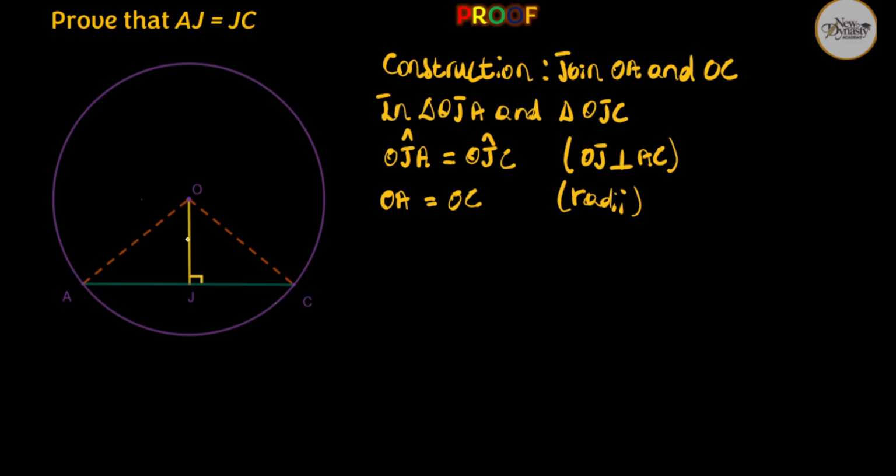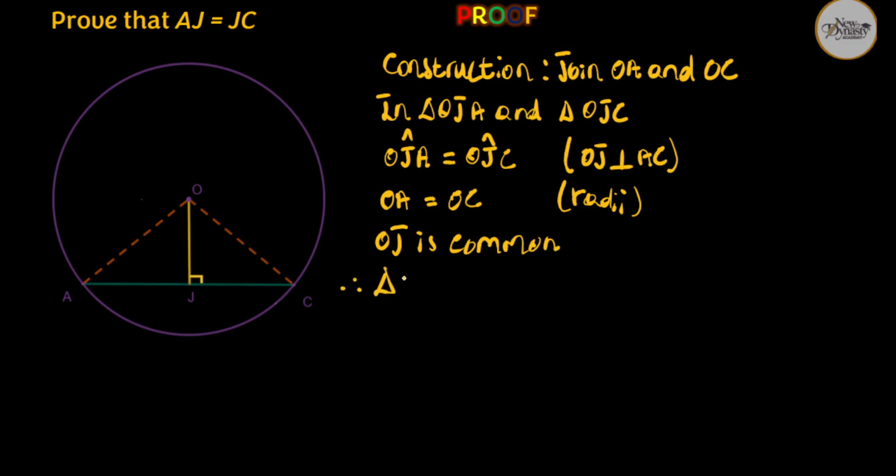Then we can see that the yellow side on both triangles, which is OJ, is common. So we can say that OJ is common. Why common? Because it is found in both those triangles. And that is all you have to say. When you say OJ is common, you are basically giving the reason and the statement at the same time. So now that we have proven 3 things about those two triangles, we can conclude that